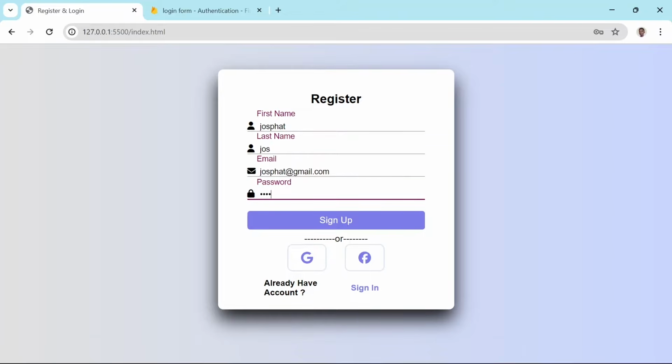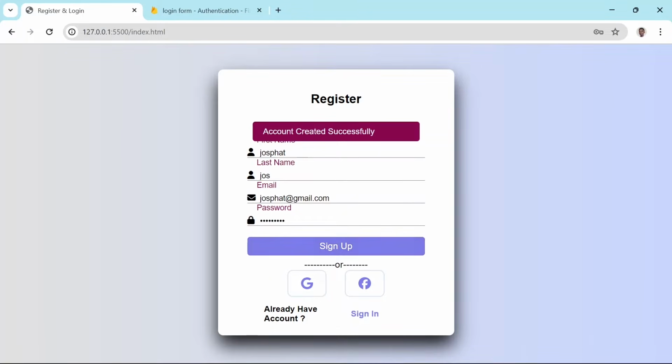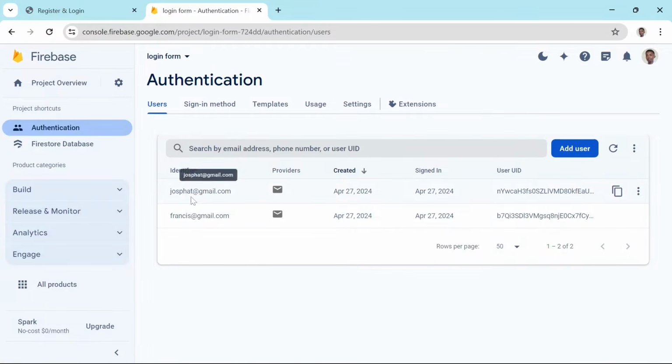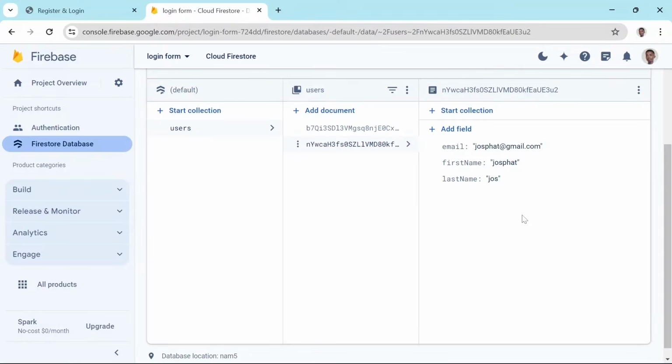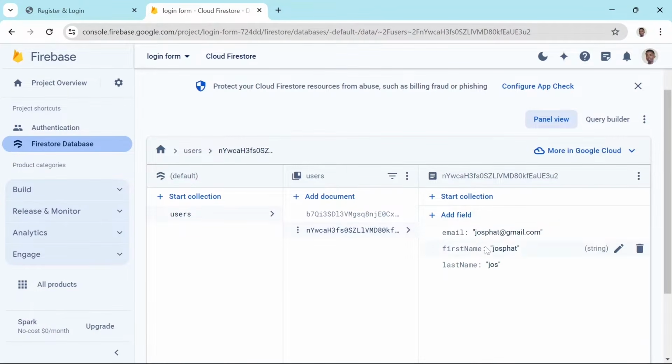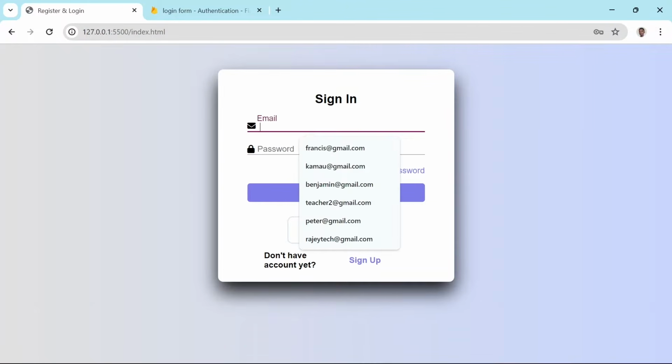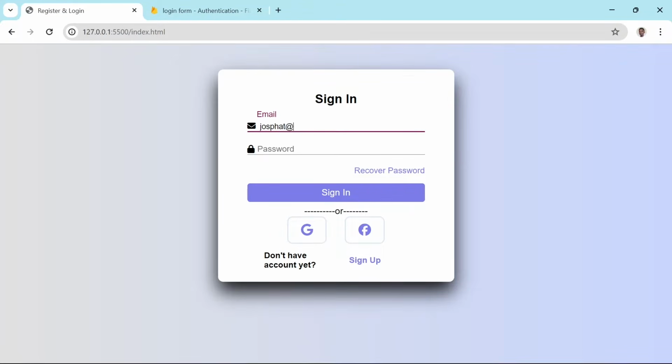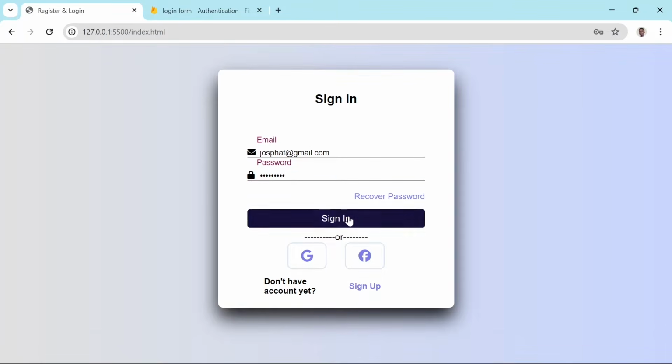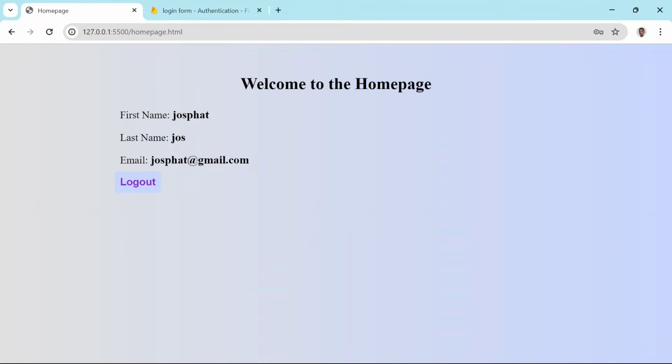In this video, we will be connecting login and sign up form to Firebase, not only for authenticating users but also to store essential user data like first name, last names. By the time this video comes to an end, we ought to be able to create accounts, store user data into the Firestore, and authenticate users with Firebase. Log in with a newly created account and see who is logged in, and even have the ability to log out